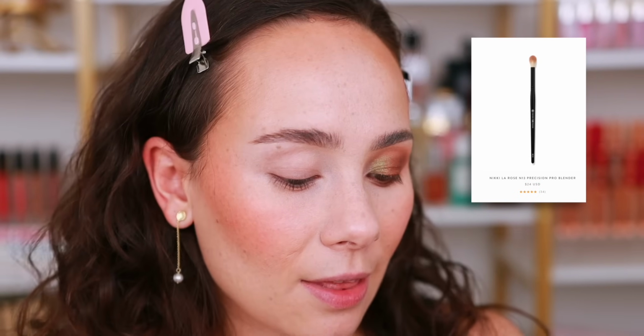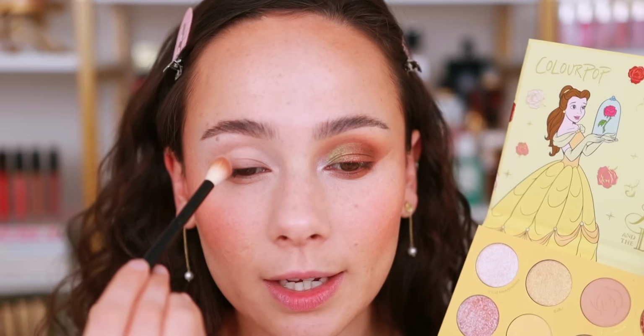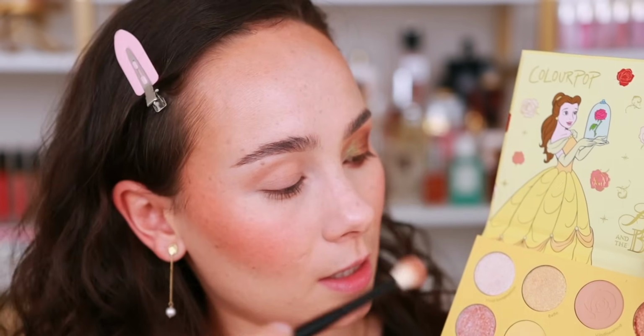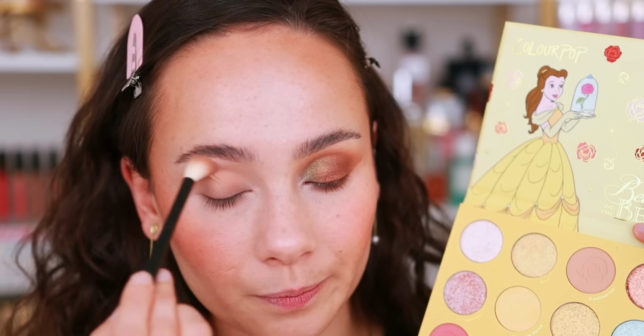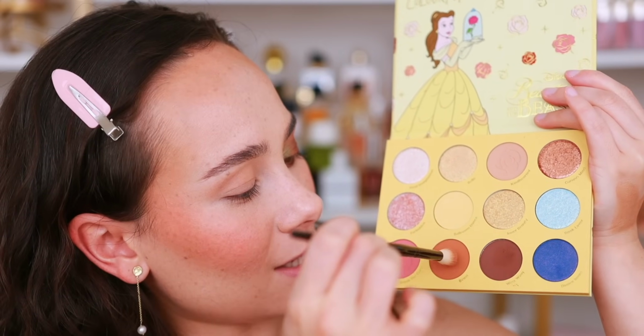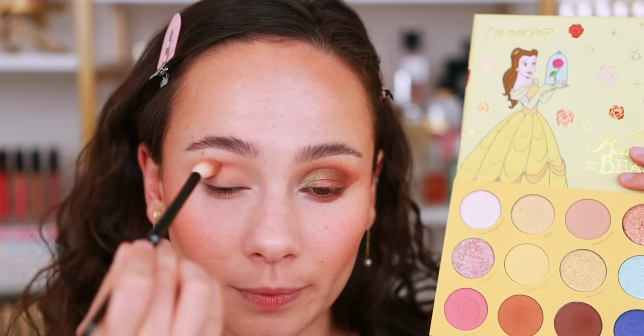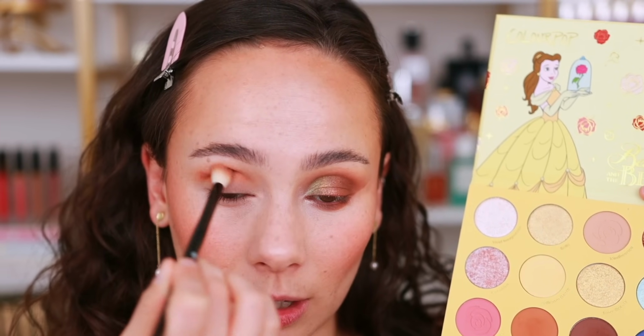And then I'm using the N13 brush, and I'm going into the shade Kind Hearted, and I'm just going to blend this all over the crease, like so. This is going to start off as a really nice, easy transition color. The mattes in this palette are phenomenal, you guys. I'm going into Beast now, which is just a little bit warmer, and I'm going to keep it a little bit lower, but you'll see this adds a lot more warmth to the look,